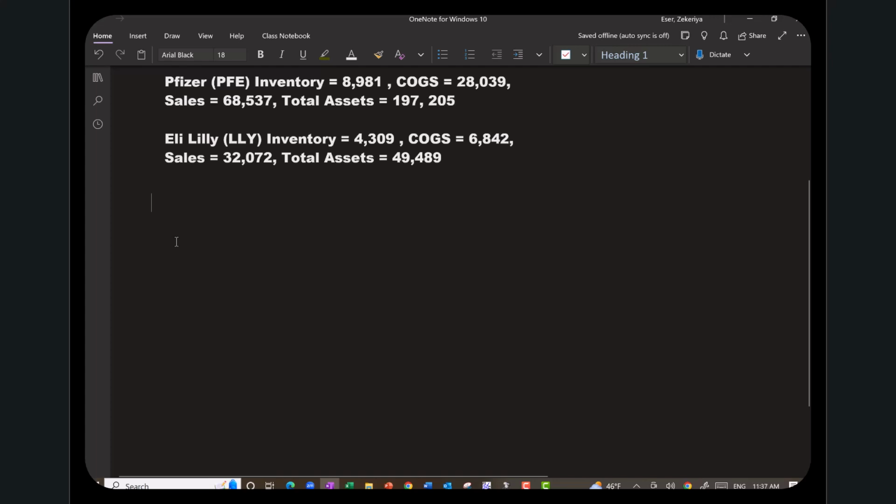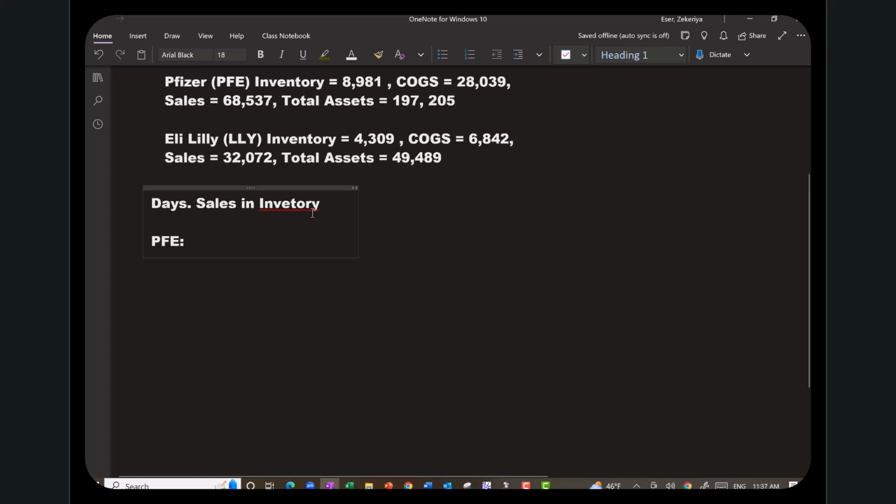So I'm going to look at day sales, because I find it easier to interpret. And inventory for Pfizer,